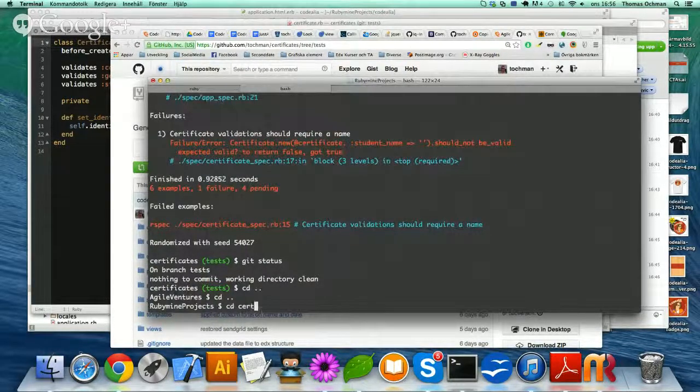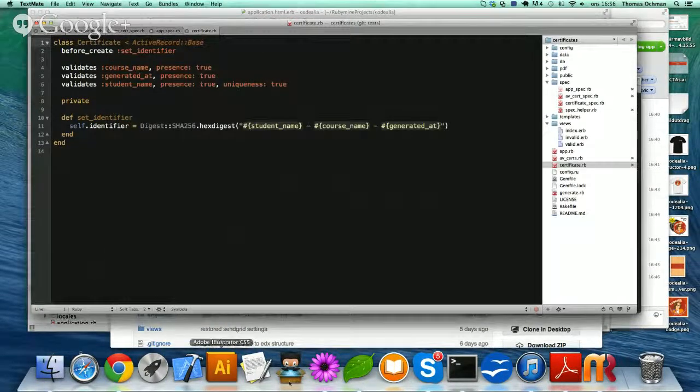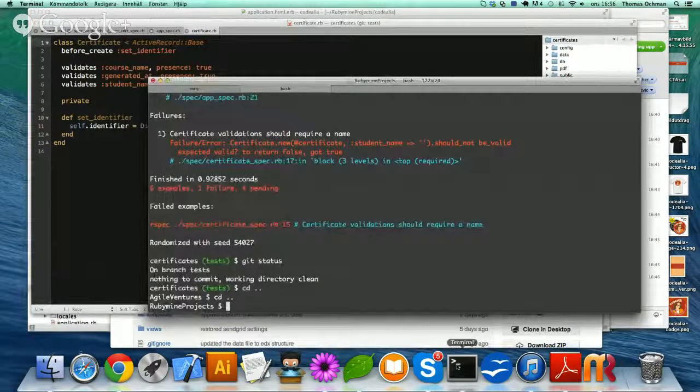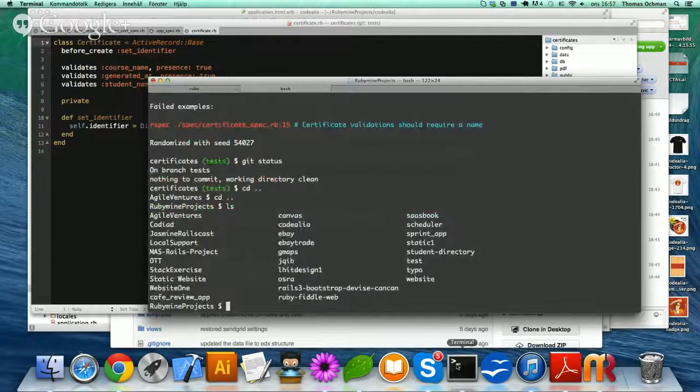Yeah, there are some changes you need to make to your RSpec helper, I guess. Wait a second here. Hold on. What do you have when you pull from me? Do you have the spec and everything, the folder structure in place? I have app specs, AV cert spec, and spec helper.